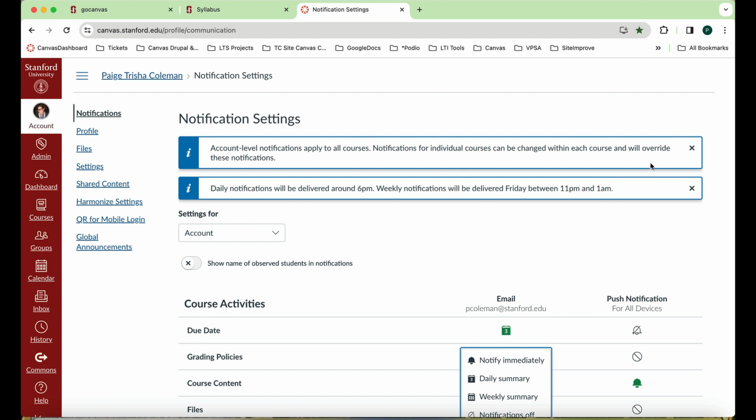If you notice at the top of the screen, there are these blue information bars. Sometimes they're orange or yellow, depending on the tool or the feature that you're currently in within Canvas. But again, we urge you to take a few minutes to read these notification settings announcements for this particular tool. Again, just like global announcements, you may also see these within announcements in Canvas and other particular tools and features. But instead of blue, they may be orange or yellow or red. Okay, moving on. I'm now going to navigate back to my global menu and I'm going to click on Dashboard.